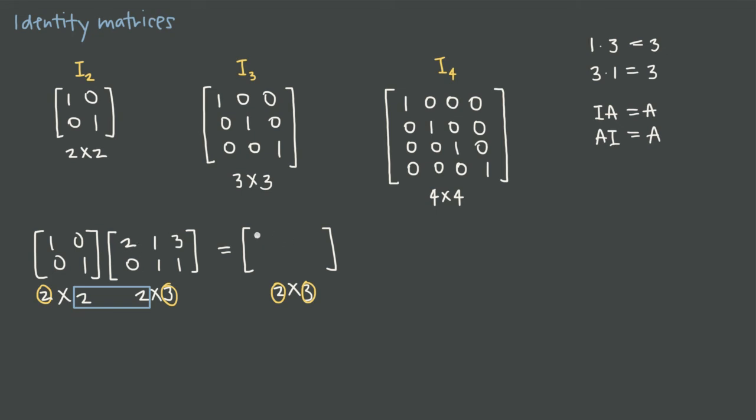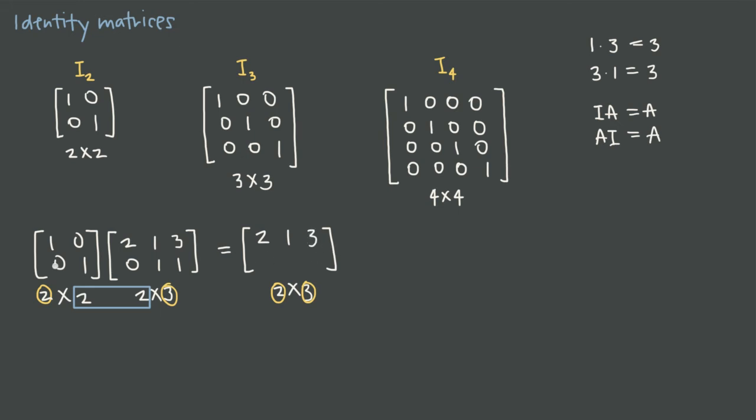So I get 2 and 0, or 2. The first row times the second column, 1, 0 times 1, 1. 1 times 1 is 1, 0 times 1 is 0, so I get 1 and 0, or 1. And then the first row times the third column, 1, 0 times 3, 1. 1 times 3 is 3, 0 times 1 is 0, so I have 3 and 0, or